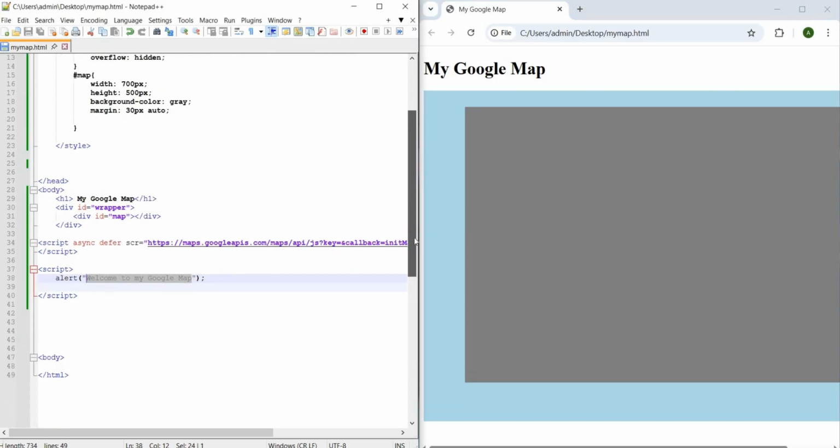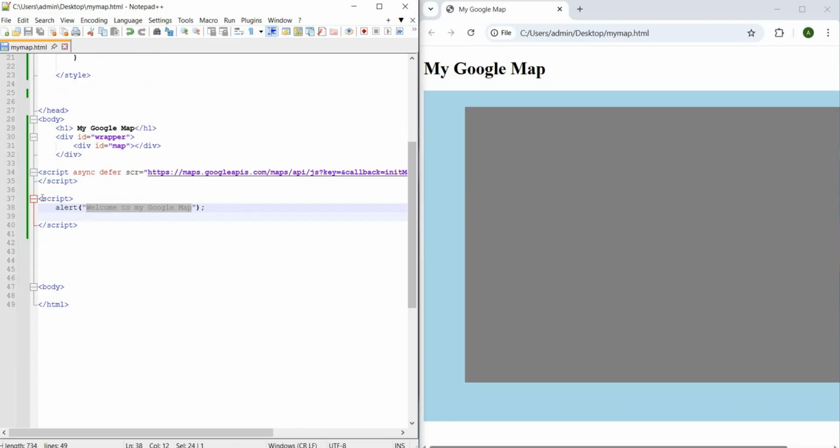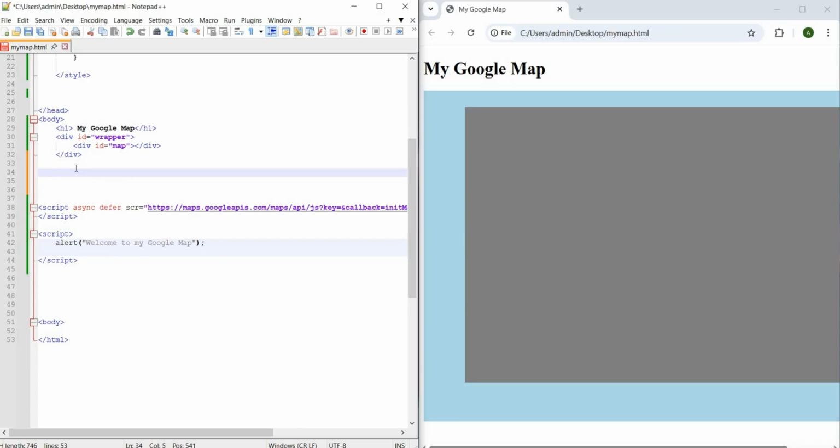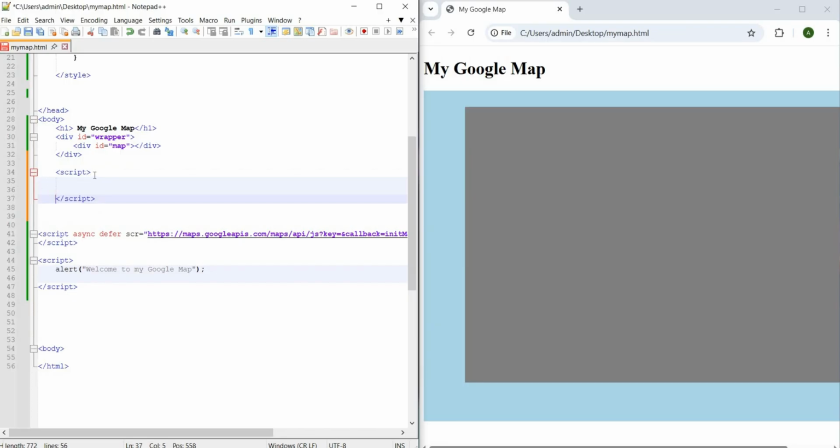So we need another code in order to reflect the Google Map in our website. Another script, and function.